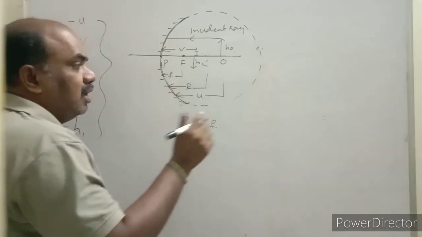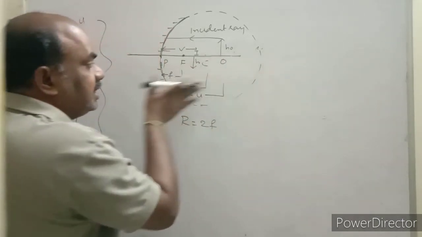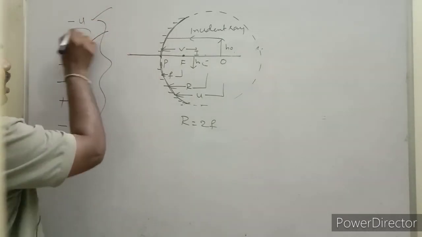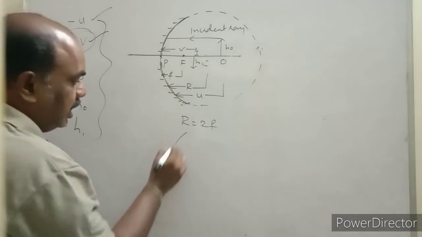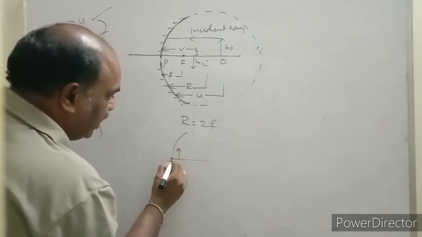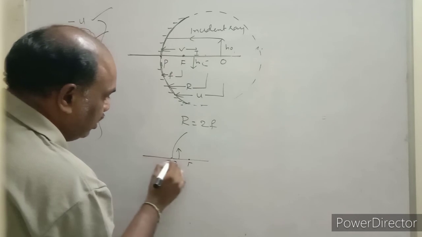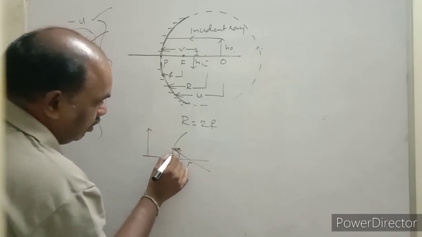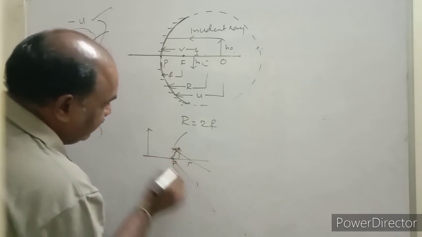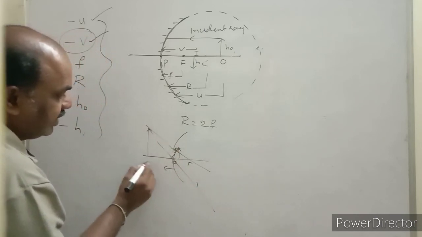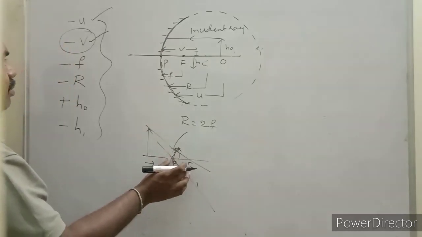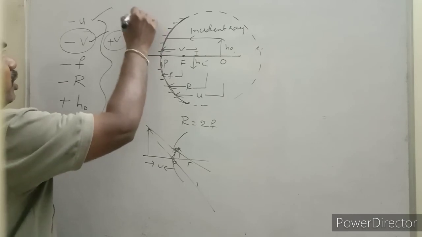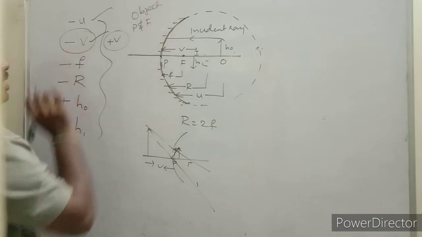Remember all these rules. By default for a concave mirror, the object distance is always negative. Image distance is also always negative except one condition. If the object is placed in between pole and focus, the image forms virtual, erect, diminished. A parallel ray goes through the focus, another ray from the pole diverges, and seems to meet at this point. Only in this case the image distance will be positive. Remaining all cases, v is negative.